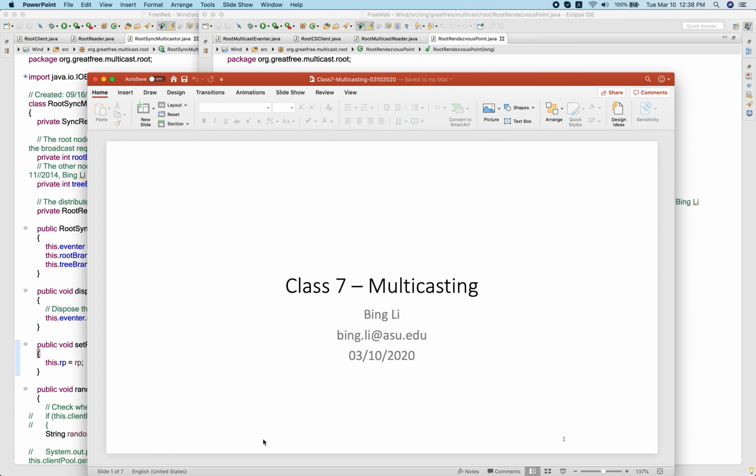Everybody. Today we'll start a new topic. This is lecture 22. We'll talk about a new topic. It's related to multicasting. Multicasting is, I think, a very important technique because with it, it's possible for us to enlarge the scale of